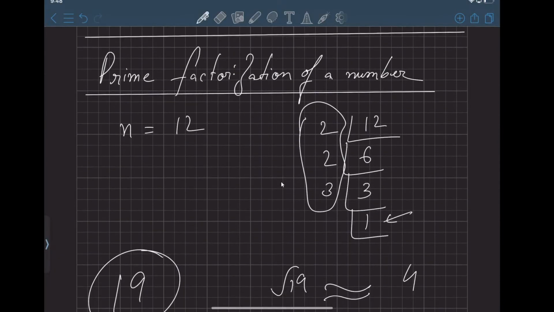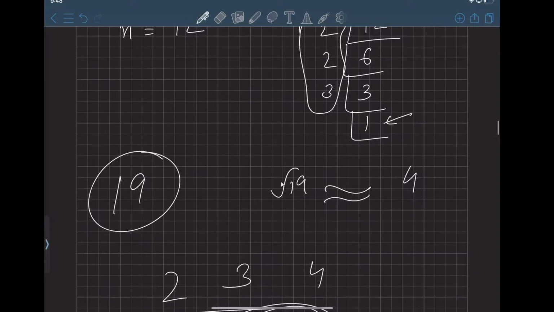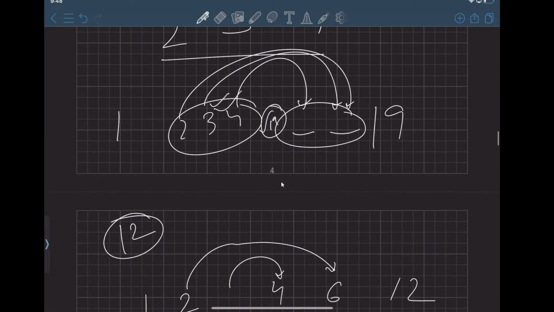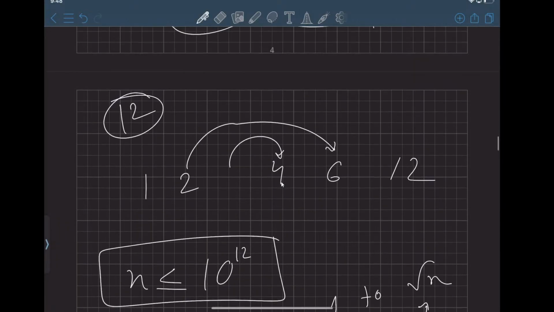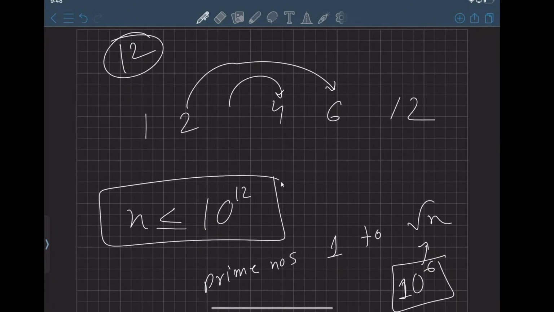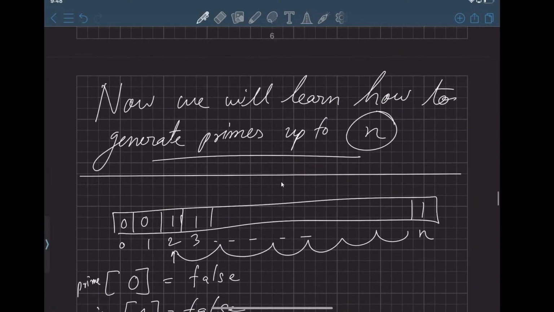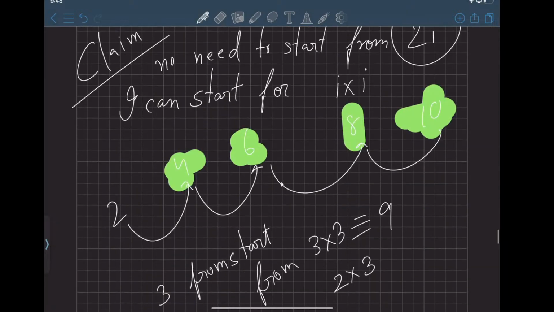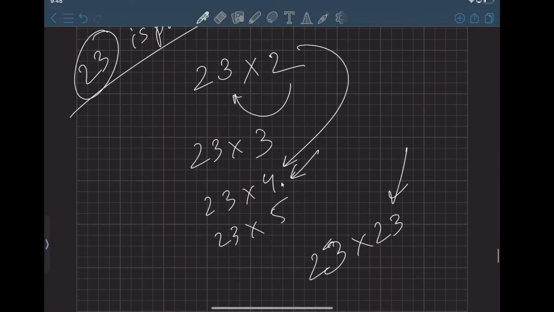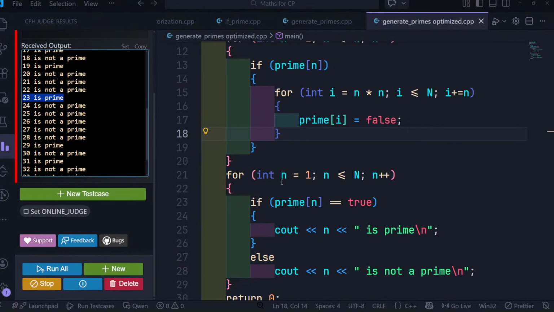We'll of course start with the prime factorization of a number. Knowing primes are already generated, I'll tell you how to do that. There is a very efficient way of doing that. We have learned how prime numbers up to root n is sufficient in order to do prime factorization. That we have proven recursively. We have learned how to generate primes in n log n time complexity. I will tell you how. You don't have to know why this sieve of Eratosthenes takes n log n time complexity. Just know that this algorithm, which is shown here,